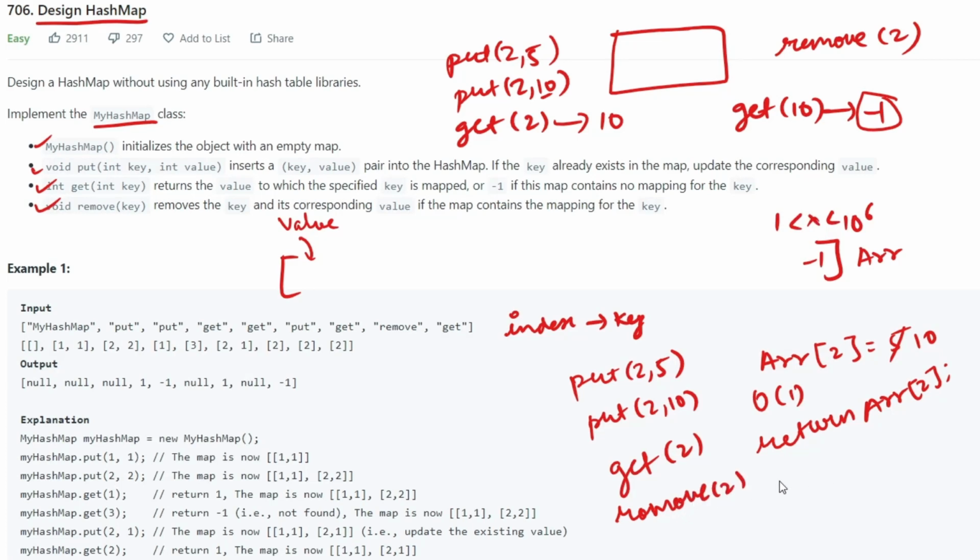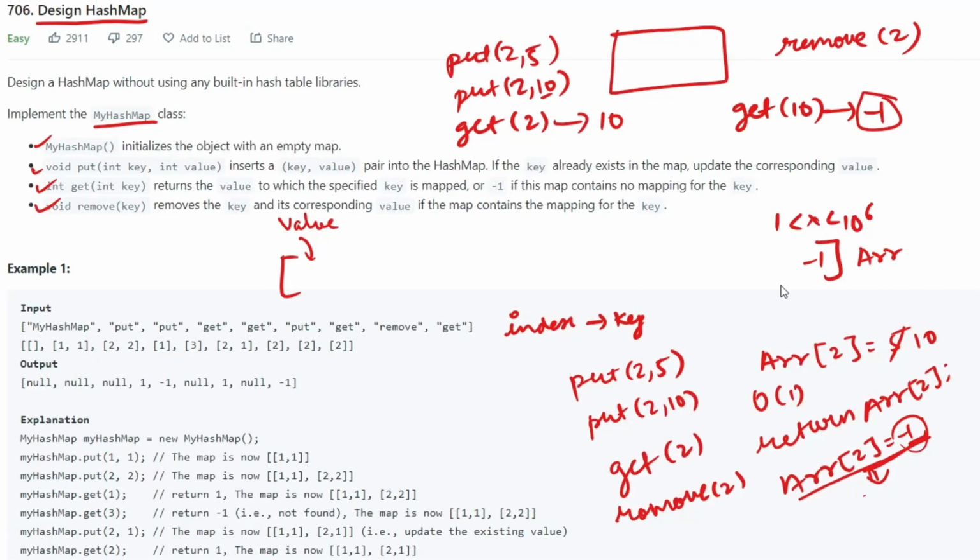And if I have to remove it, how am I going to do it? If I have to remove 2, I will mark it with a negative number, let's say -1. And to check whether a key is present or not, I will just check whether our array element equals -1. If it is -1, that means the key is not present. If it is any other number, that means the key is present and that is the value.